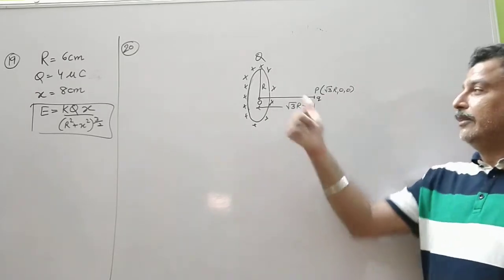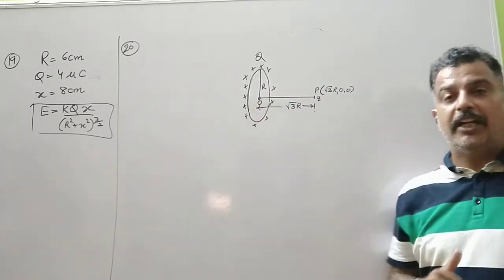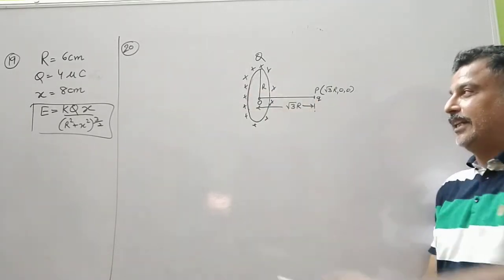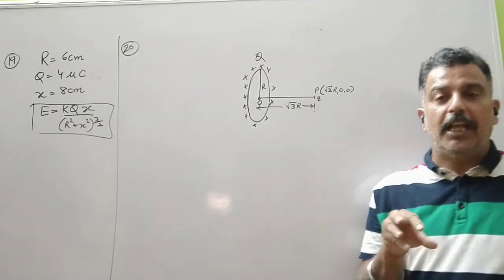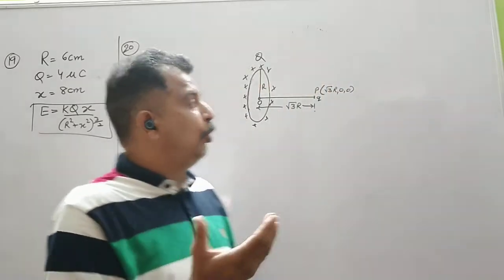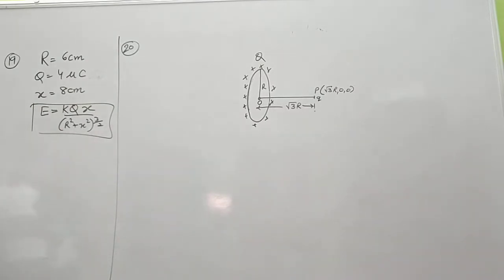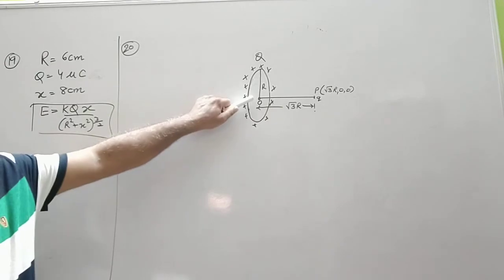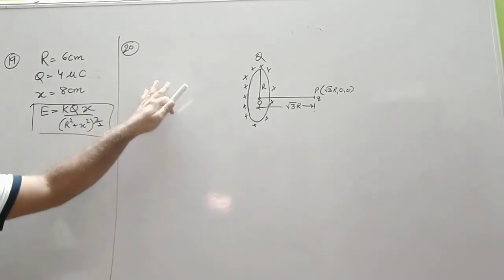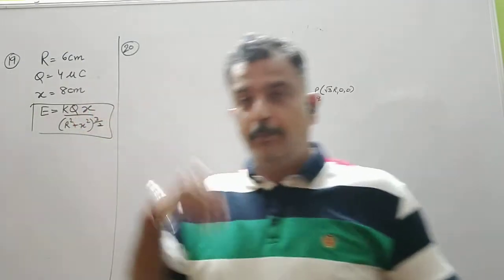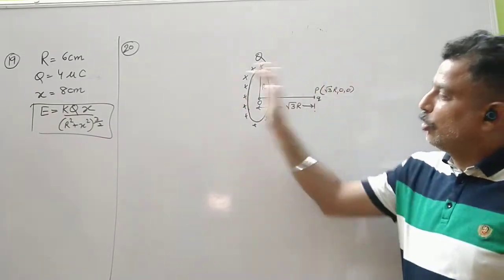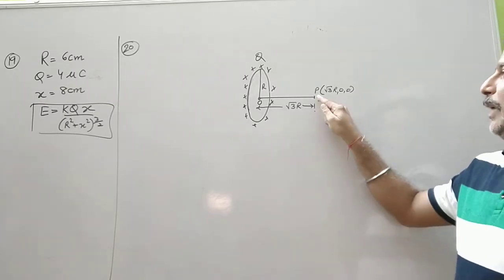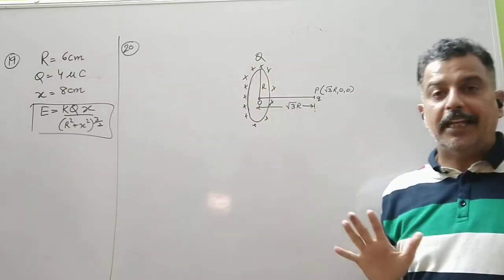So if I project it in such a way that when it reaches the center, its energy should be more than its final energy. Here the electric field intensity is 0. So it will be able to cross this center only if my initial energy is more than the final energy at that point. As the electric field at the center of the ring is 0, as we know from the previous theory, the particle will not come back, or it will not be repelled, if it crosses the center. So I have to make sure that this particle crosses the center in any case.